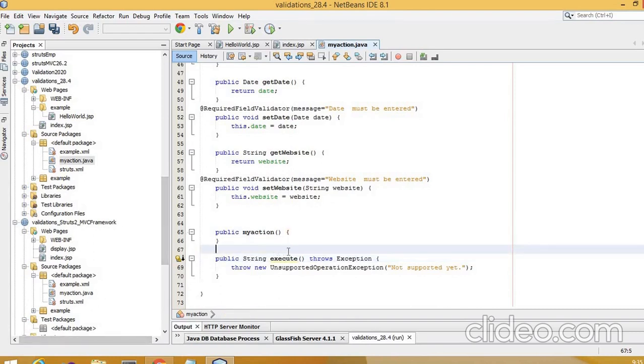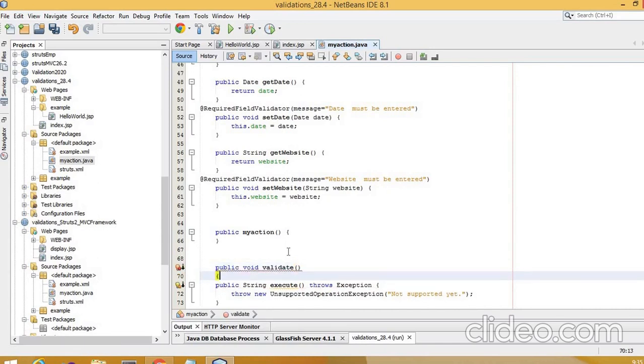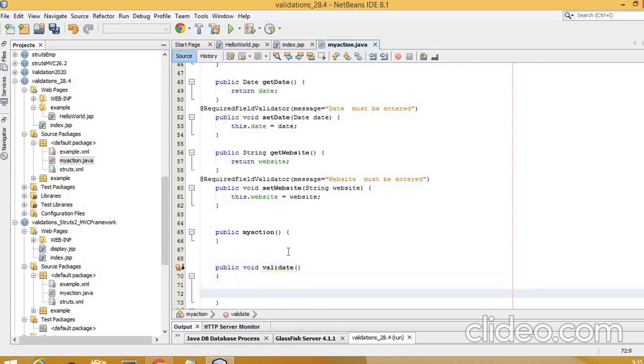I'll just create one method over here, public void validate, and I'll just write over here that we can give anything.